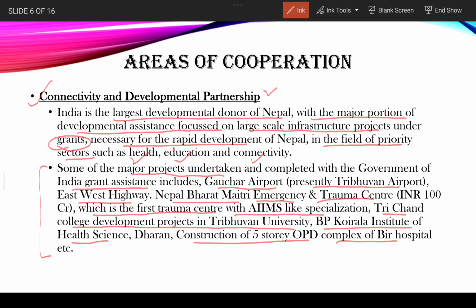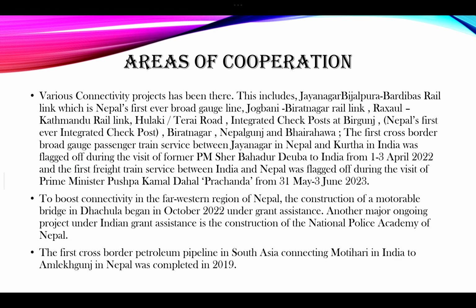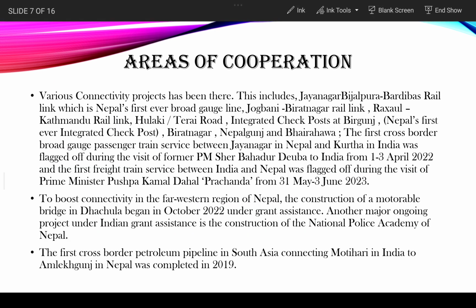So these are the various projects which have been undertaken and completed with the Government of India's grant assistance. I would request you to learn a few of these names so that you can include them as examples. Various connectivity projects have been there between the two countries: Jayanagar, Bijalpura, Bardibas rail link, which is Nepal's first ever broad gauge line,